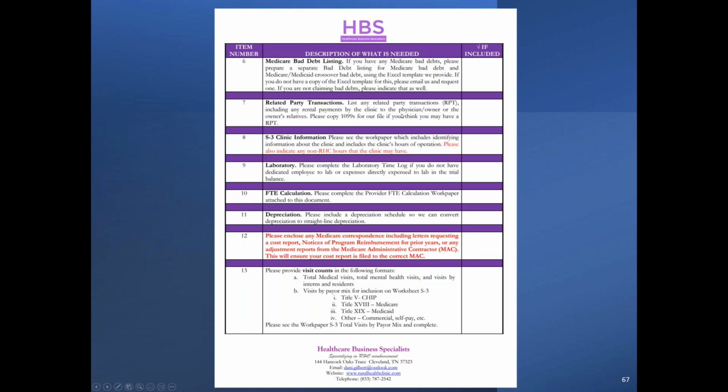Related party transaction: if you employ your spouse or your children, we need to know that that's a related party transaction. If you rent the building from a separate LLC that you and your partner own, that is a related party transaction. And those are going to really impact your reimbursement starting in the future because those are basically disallowed. If you charge $1 million in rent, we're going to disallow that $1 million in rent,